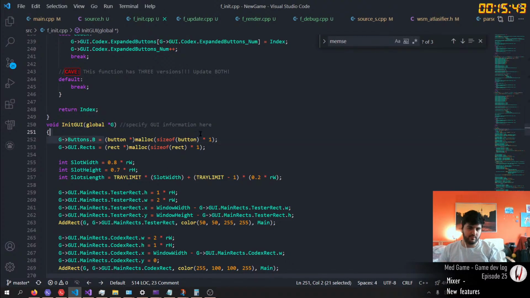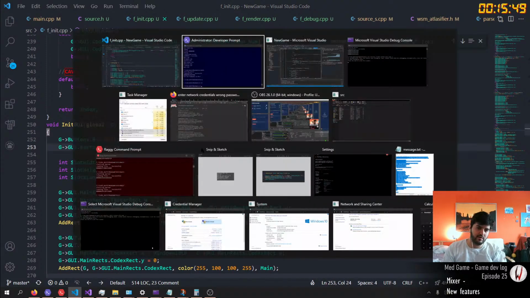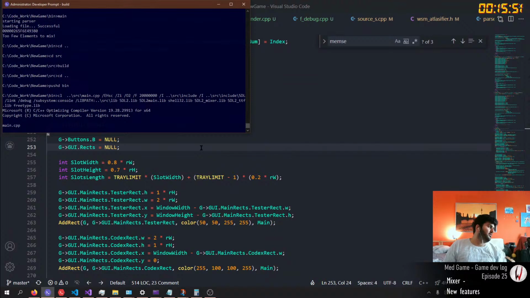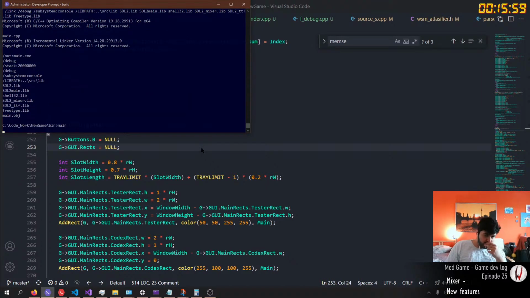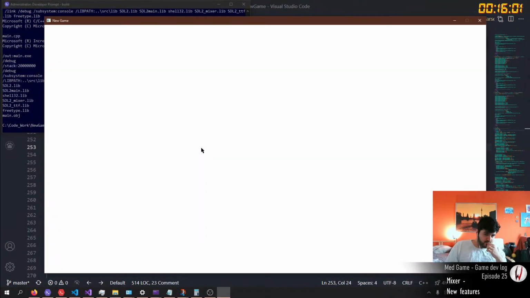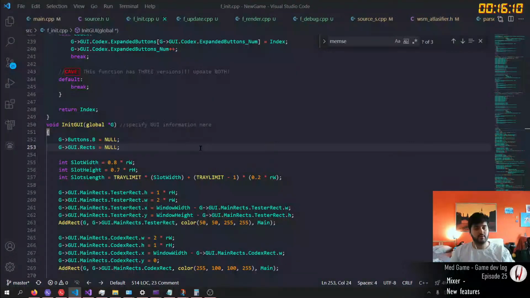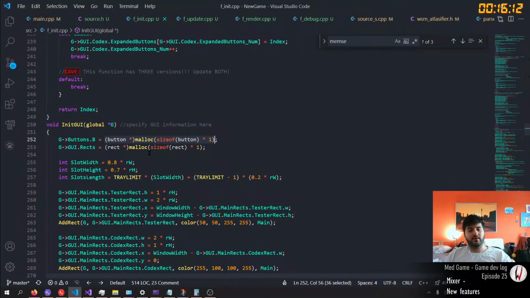I can make these null pointers, right? Since they're gonna be allocated by using realloc, right? Realloc should call malloc before. I am not sure. Should. Nope. No problem. So I think I need to do malloc.